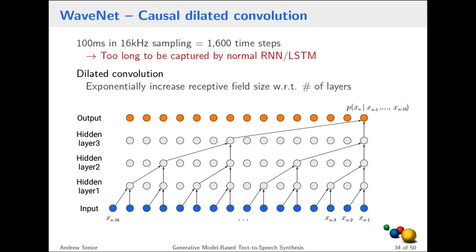So the dilated convolution works by typically having very small filters. So in this case, this example shows filters with just 2 inputs. But we stack up filters with successively larger gaps. So at the bottom level, the filter sees 2 adjacent samples. But at the next level, you skip a sample. So you only have to multiply 2 numbers by their weights, but you look further back into time. You skip one and take one further back. And at the next level, you skip up to every 4th, and the next level to every 8th. So you get exponentially increasing fields of view, so this final unit, in only 4 layers, we've gone to 16